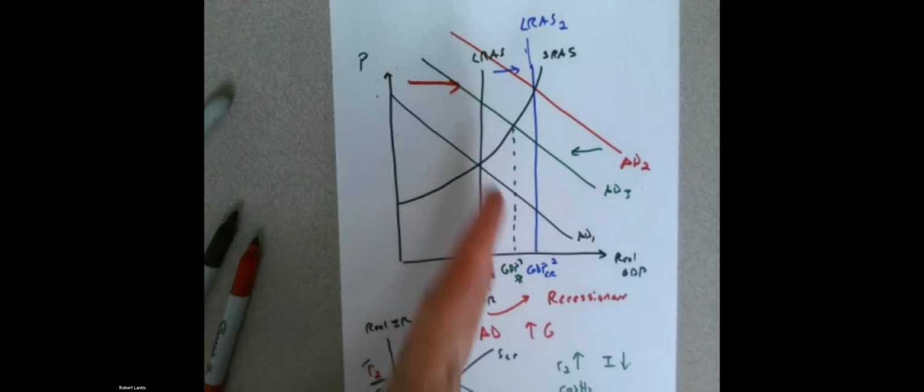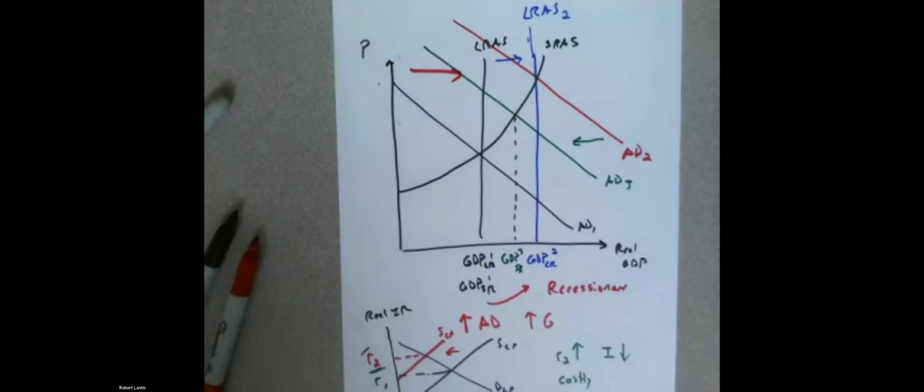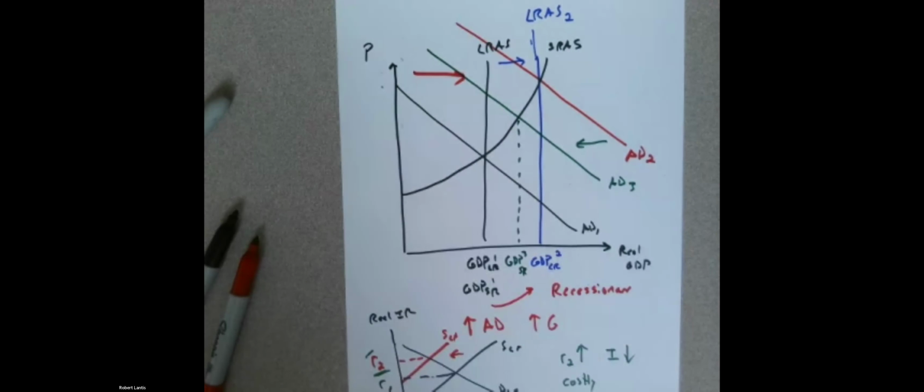So we tried to solve the recessionary gap issue from that long run aggregate supply change, but the secondary effect that existed through the loanable funds market didn't allow us to close the gap. It allowed us to close it a little bit, but a recessionary gap would still exist. I kind of went to like a four-part question there, but we had a labor supply increase, that caused a recessionary gap.